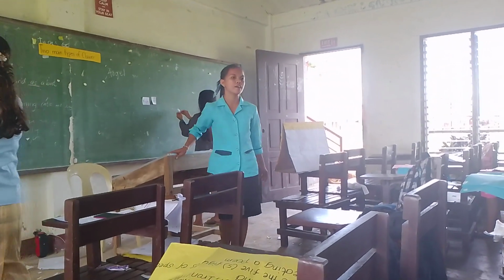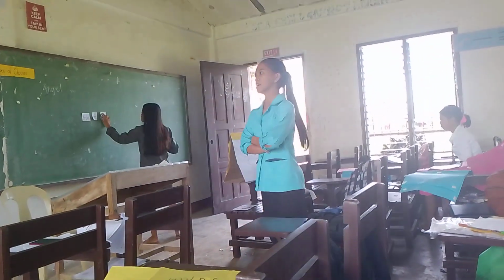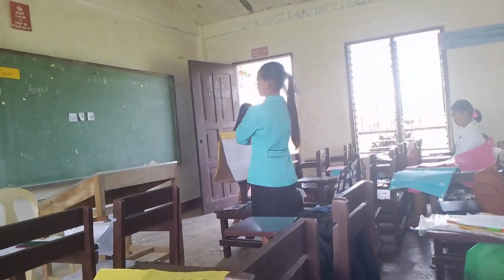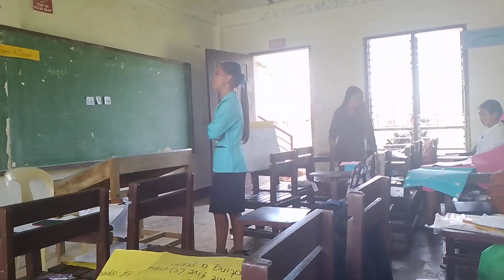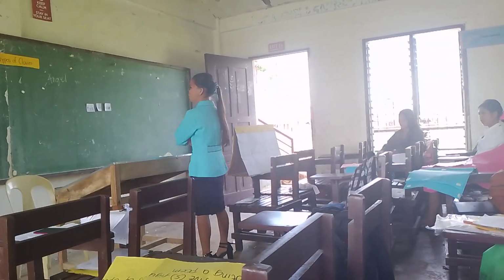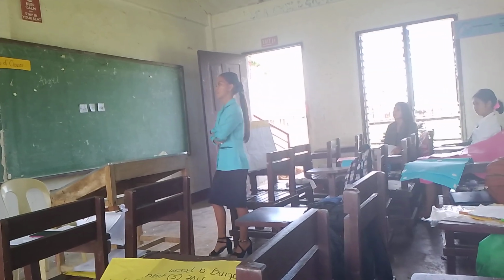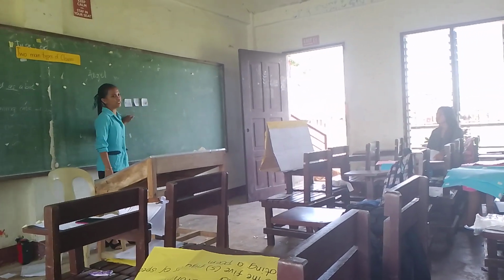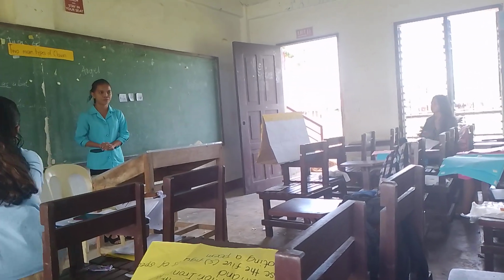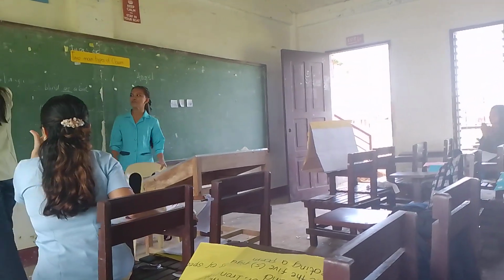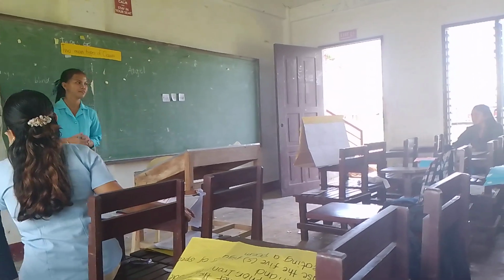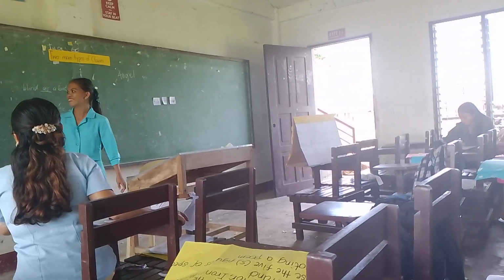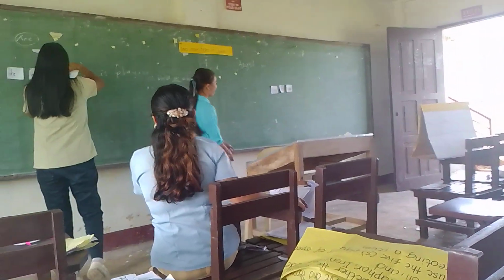10, 9, 8, 7, 6, 5, 4, 3, 2, 1. So the first group finished the activity. So give them a round of applause. And also group 2, give them a round of applause. So what have you